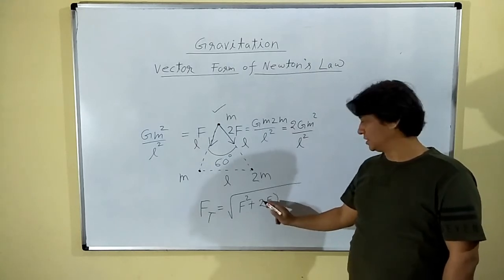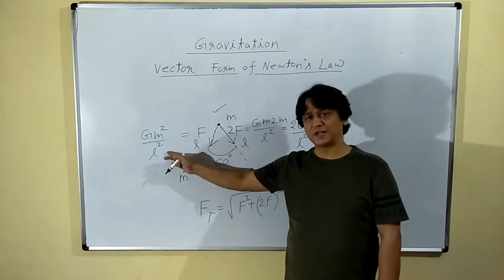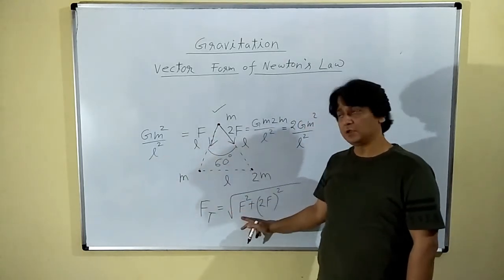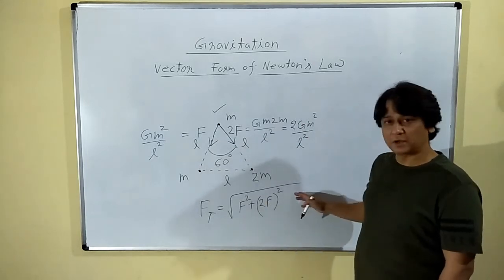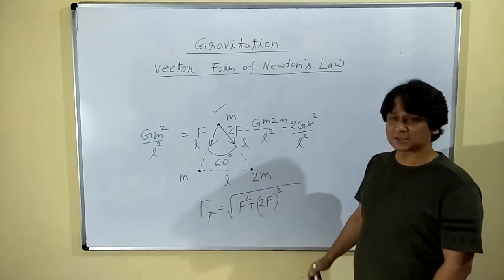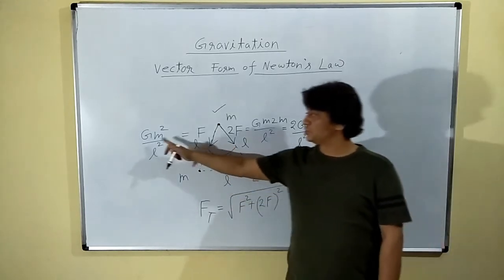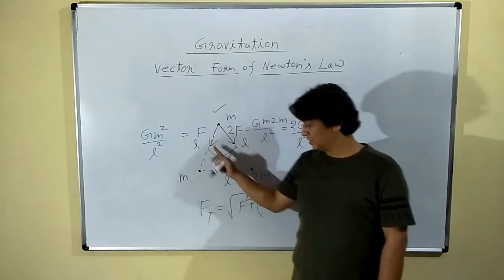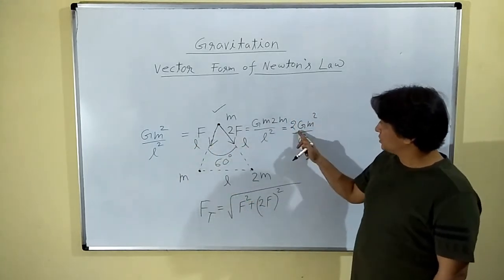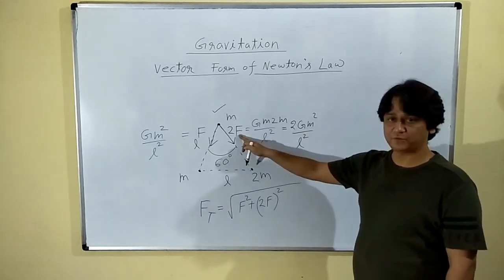Look at this interesting thing also. Instead of taking GM square upon L square and using it directly, we'll make this whole thing big and cumbersome. इसलिए आगे से क्या किया करो, GM square upon L square, this whole thing in short is what? F. Write down F. This 2 GM square upon L square therefore became what? 2F, like this,